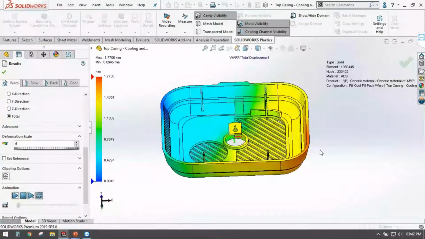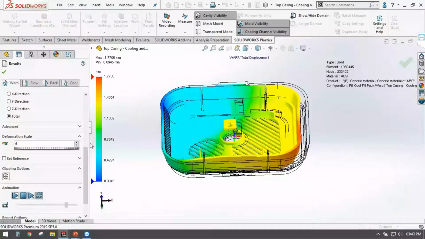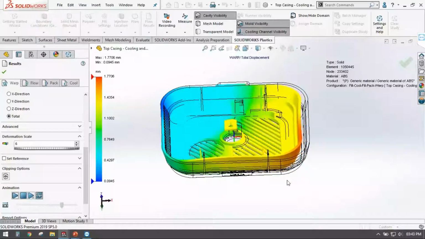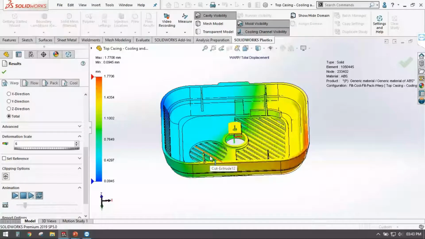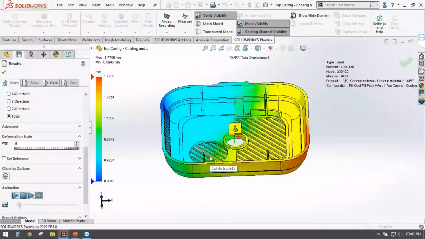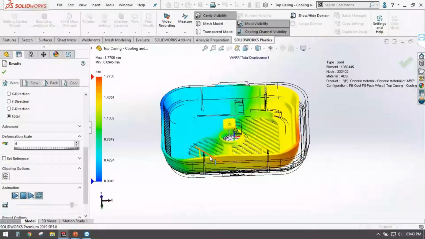Depending on all these parameters, the warpage is coming. So how do we eradicate it? You can change parameters like the material or the ejection location, but it is very difficult to do this each and every time practically. It is time consuming and not that cost effective.